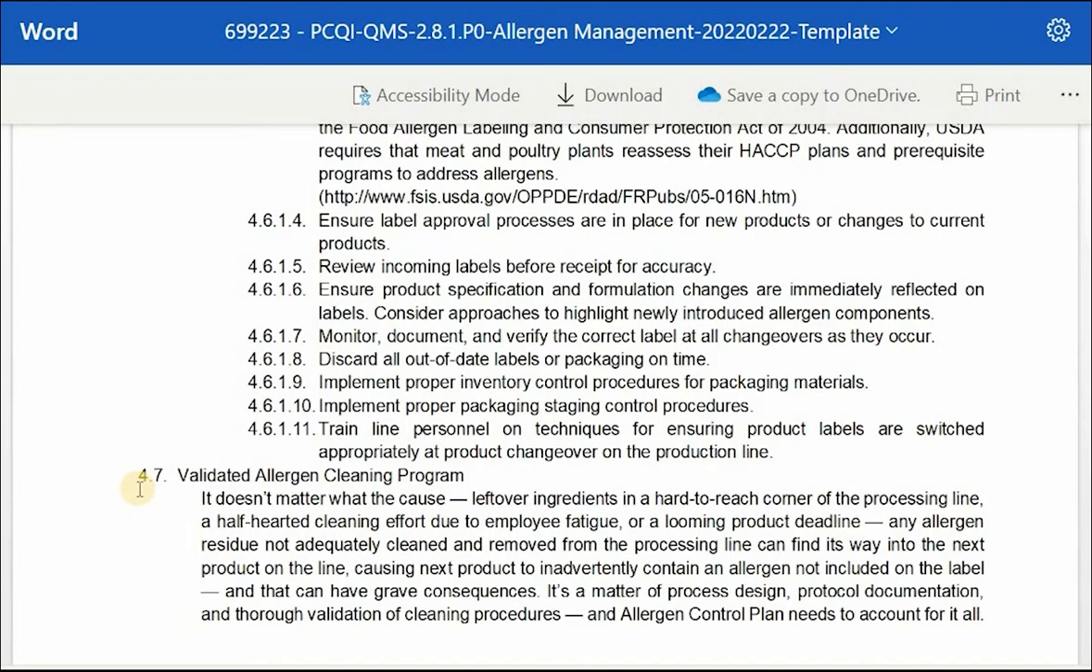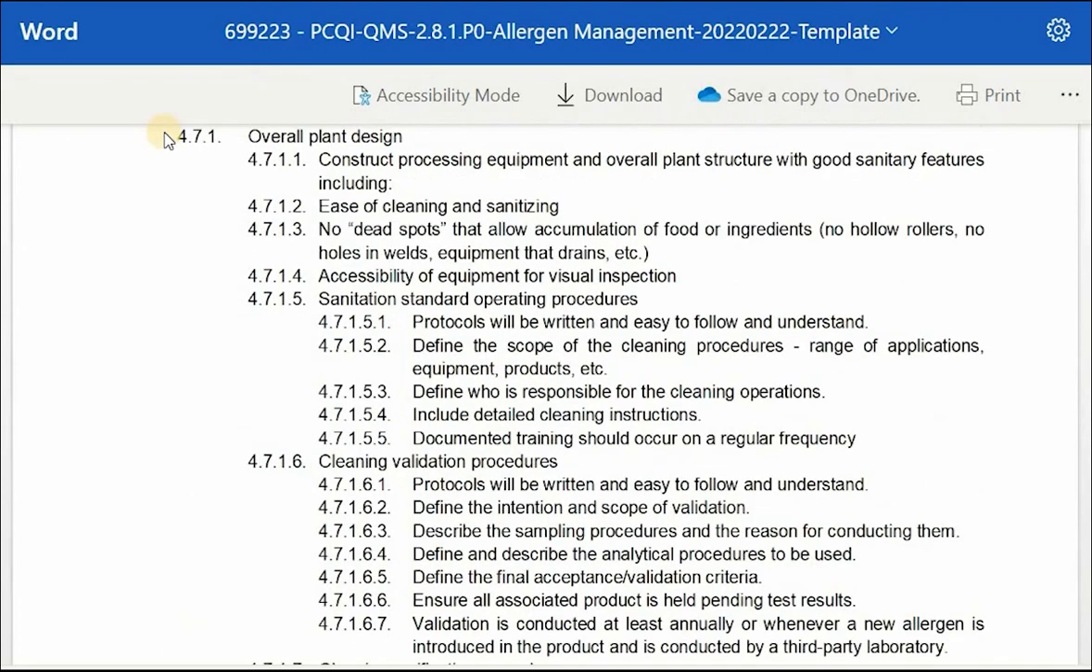It is a matter of process design and protocol documentation, and thorough validation of cleaning procedures. The allergen control plan needs to account for it all. Overall plant design: construct processing equipment and overall plant structure with good sanitary features including ease of cleaning and sanitizing, no dead spots that allow accumulation of food or ingredient, no hollow rollers, no holes in welds, equipment that drains,